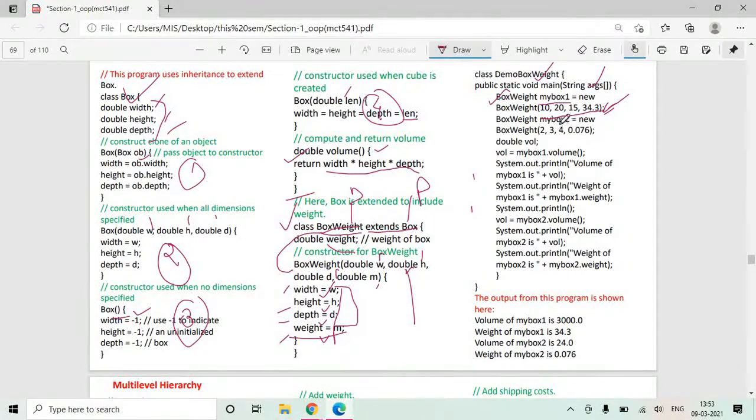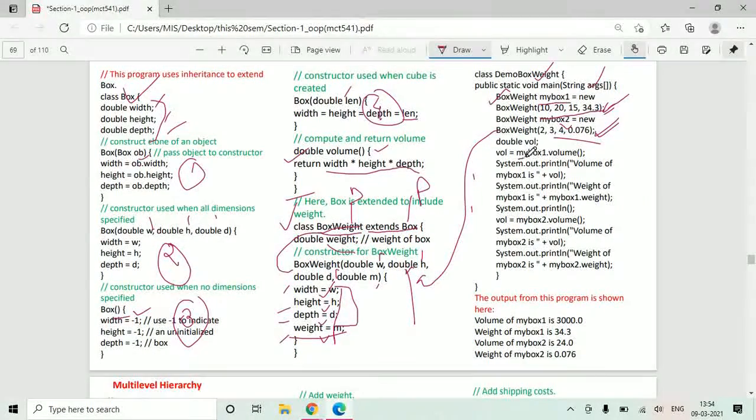You created another object, myBox2, with these values. The constructor gets called automatically, and width, height, depth and weight are assigned the values 2, 3, 4 and 0.076.